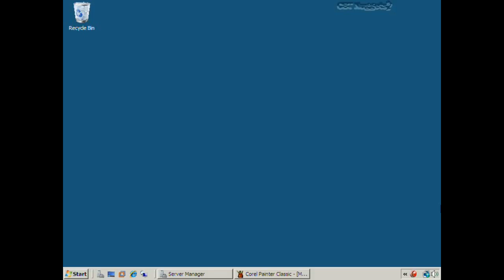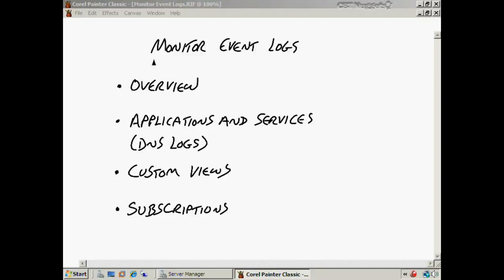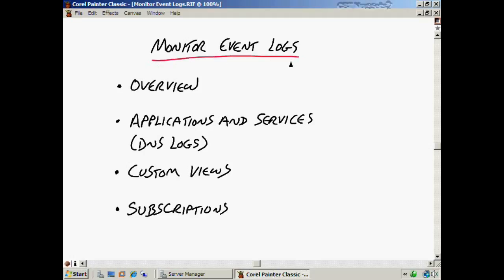Monitor event logs. In this nugget, we're going to be talking about monitoring the event log. We'll start off with just an overview of the event log and look at some old tried and true friends from the past, such as the application event log, security event log, and so forth. We'll also take a look at applications and services, which is a new node within Windows Server 2008, which gives us pretty good detailed information about a lot of our key applications and services there, including, for example, the DNS